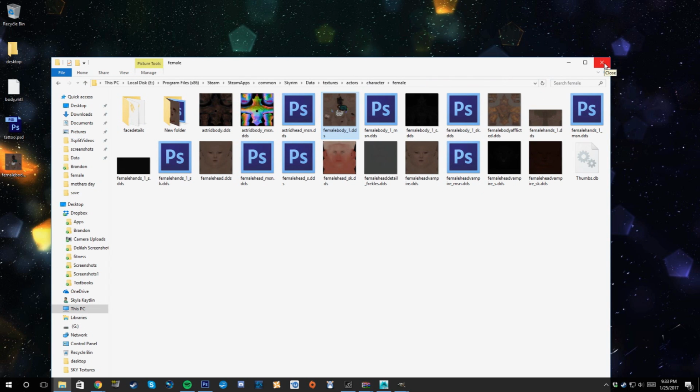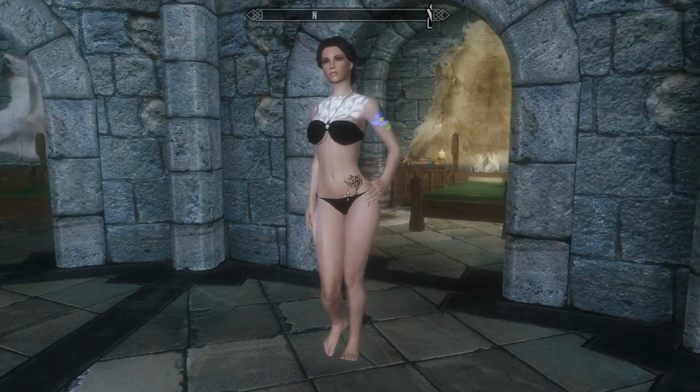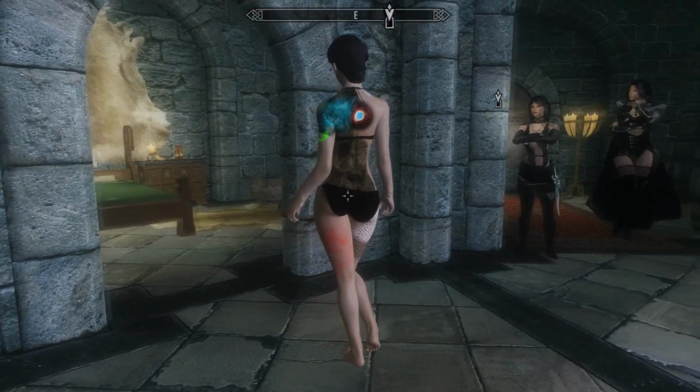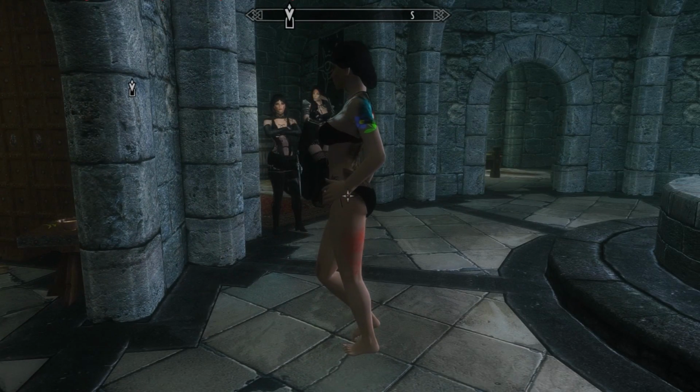We're going to check and see how it looks in game, even though it's a hodgepodge of tattoos. Okay, I'm in game and I'm looking at my character and you can see the tattoos are there. All just the hodgepodge I made. And the one thing about this is that